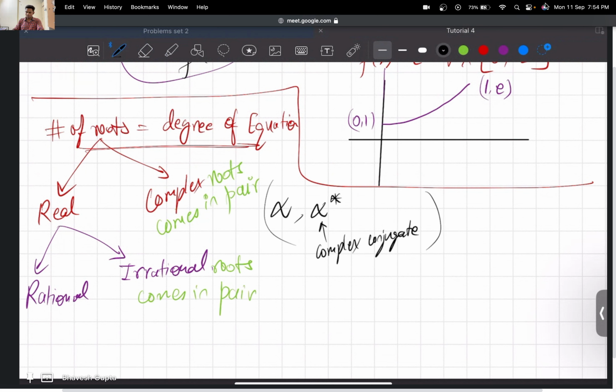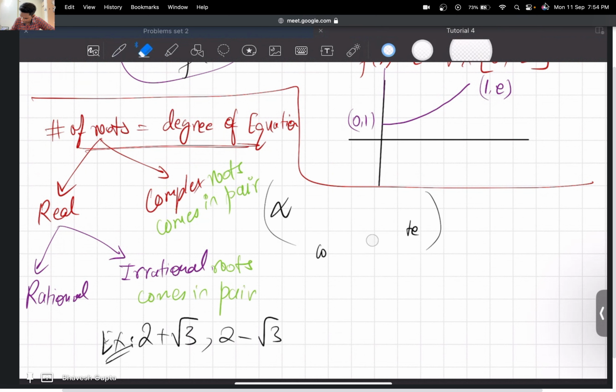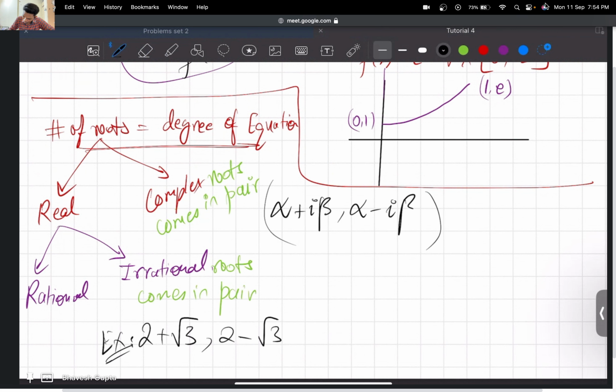Similarly, if you have an irrational root, for example 2 plus root 3, the companion root would definitely be the conjugate root, the conjugate of the irrational. This is an example, and let me properly write this example as well in case you are getting confused. So let's say this is the companion root,